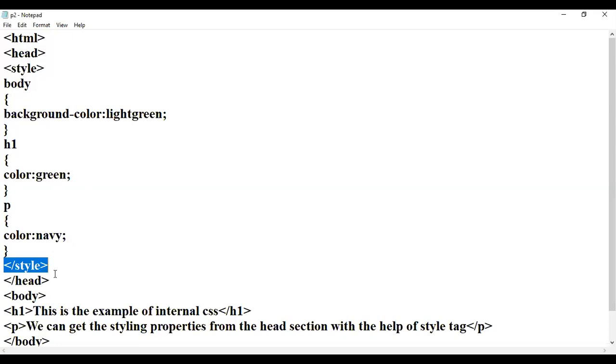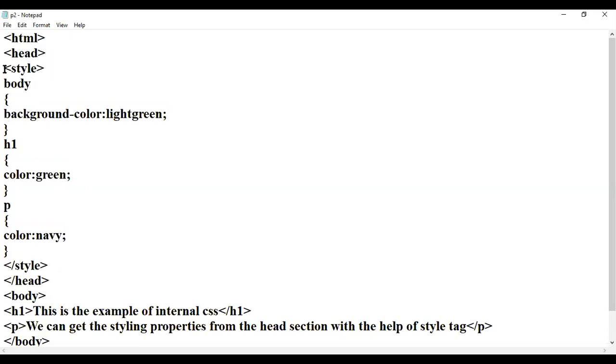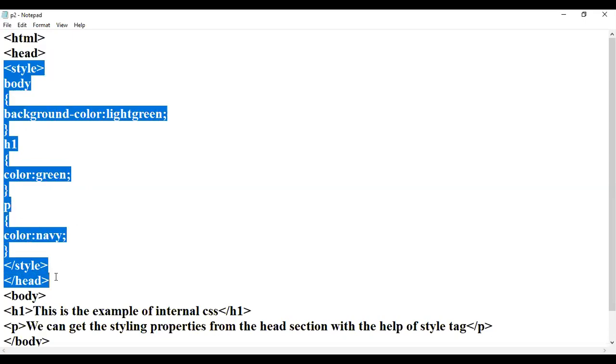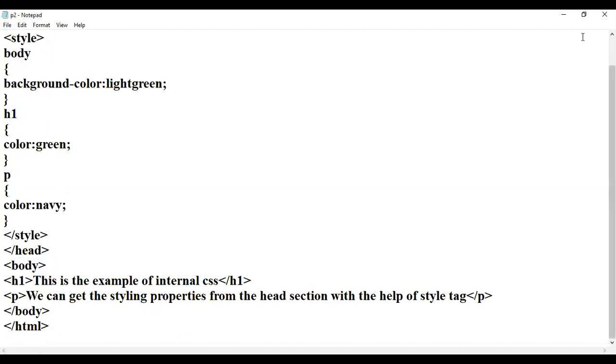Then I am closing the style tag, and then immediately the body tag. This is our logical part: I am declaring the coloring and styling properties in the head section. Now my main program will start from body. In the web browser, we see the body, the main content.